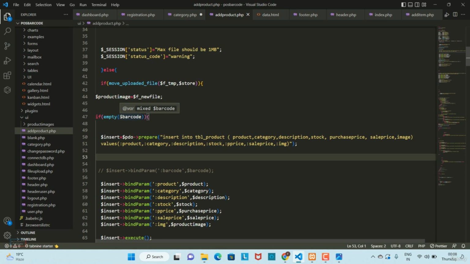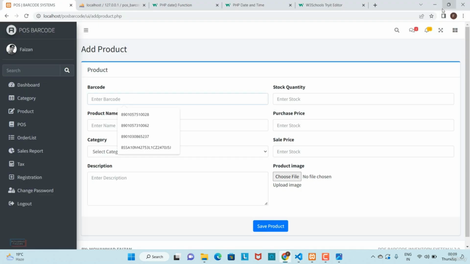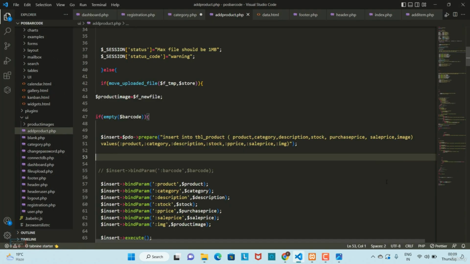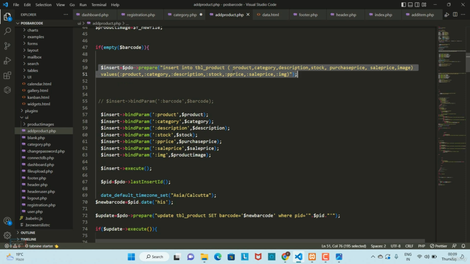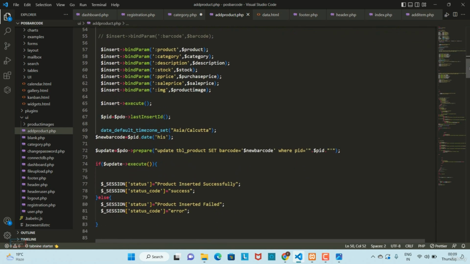If the $barcode variable is empty, meaning this barcode field is empty, then this code will execute. What I have done here is simply copy the insert query and remove the barcode column name from it, because we are not inserting a barcode number here. After that I execute the insert query, and you can see I created a new variable